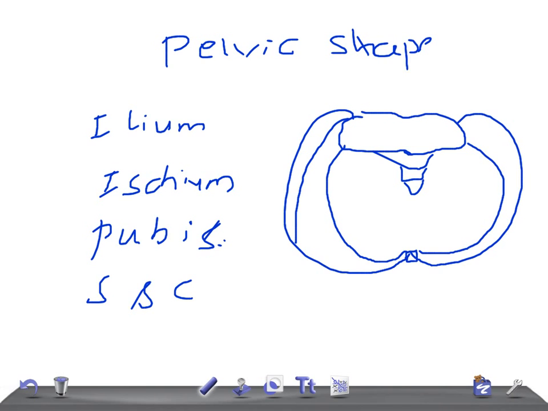All right, guys. So this is how the pelvic inlet or pelvis is formed. It is formed by the four important bones: ilium, ischium, pubis, and the sacrum and coccyx. Right. So the types of